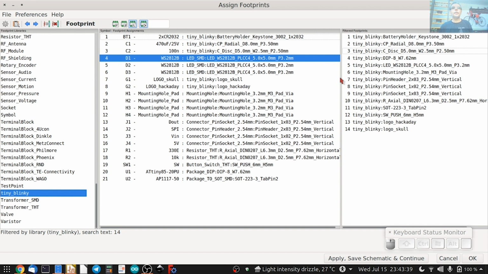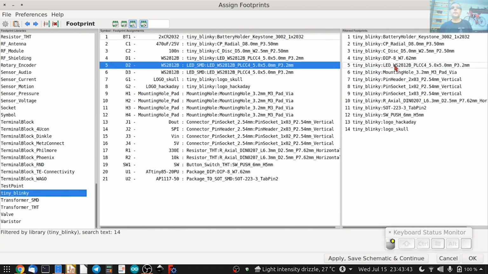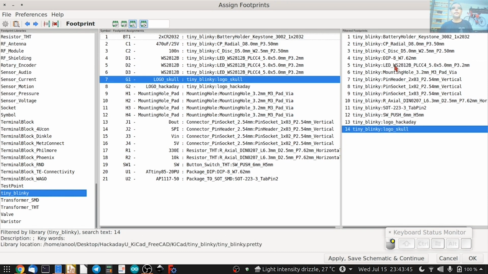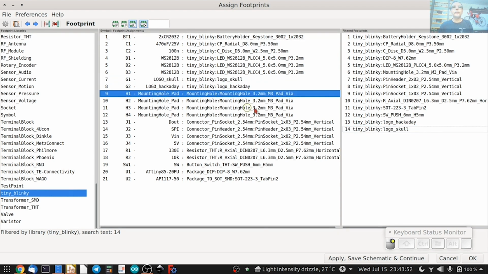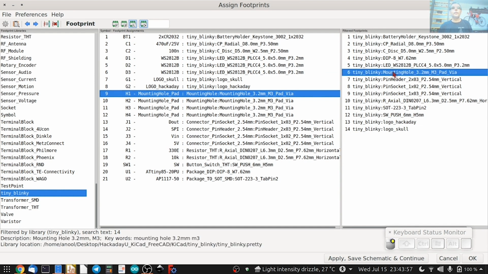Then we have 3 LEDs, so that's this one, item number 5, once, twice, thrice. And we have the logo skull and the logo blinky are already from the Tiny Blinky library, so no need to change that. Mounting hole is over here, item 6, so use that